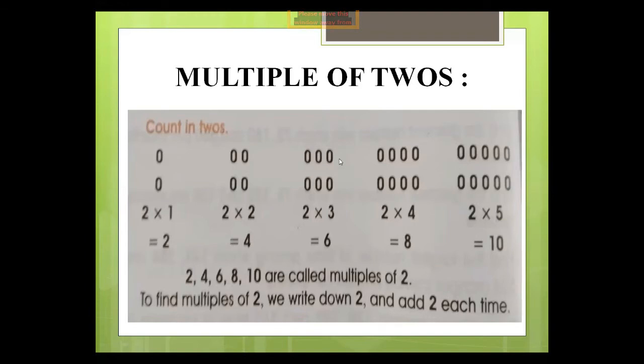Now we count, or confirm, whether 6 zeros are present or not. You see 1, 2, 3, 4, 5, 6. Yes, 6 zeros are present. That's why we say that the multiplication of rows and columns gives the product, and by using that product we know there are 6 zeros present in this rows and columns operation. Similarly, here you see 2 rows and 4 columns. So 2 into 4 is equal to 8. And if you count 1, 2, 3, 4, 5, 6, 7, 8, the answer will be the same.